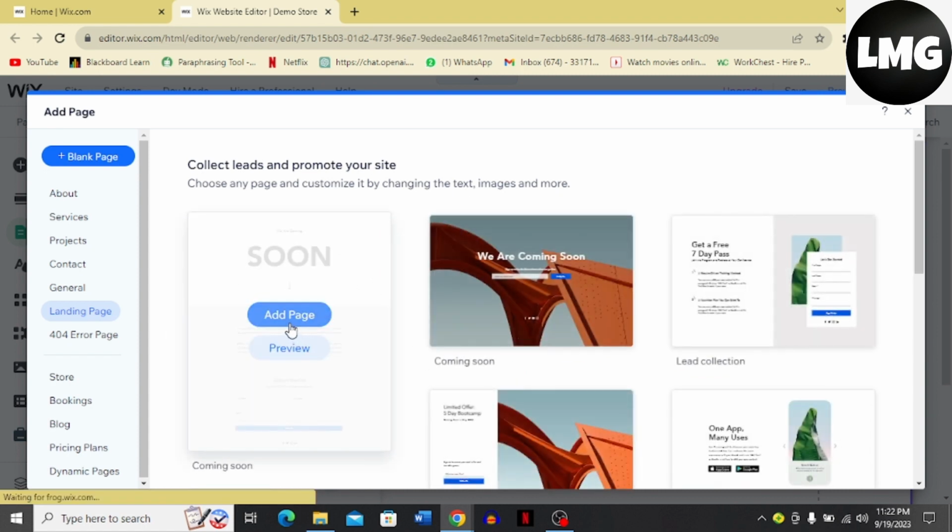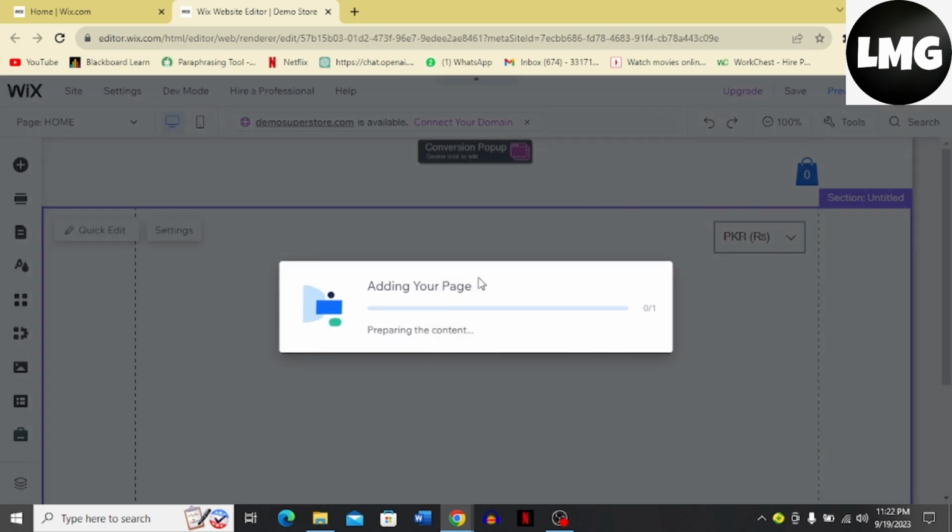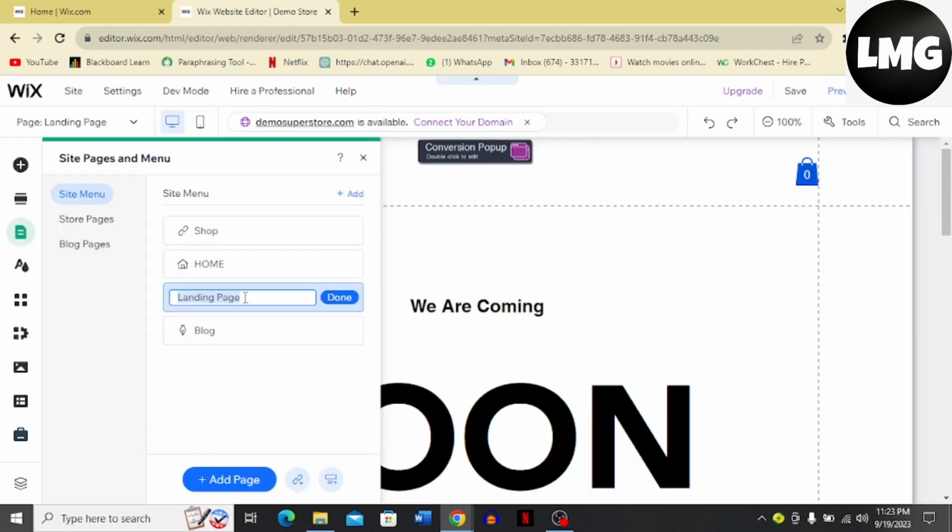For example, if you want to choose this one, just click add page. Now it's going to add this page, and once this is added I'm going to come back. So here you can see that I have added this page. Now I can edit the title over here. I just have to click backspace, and here I have to write policy,